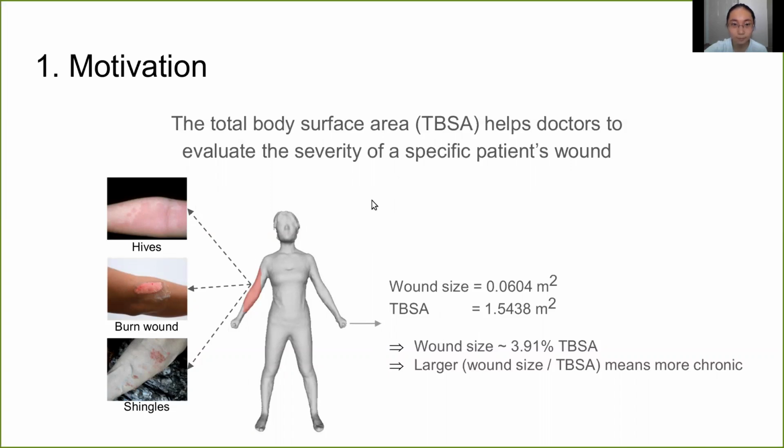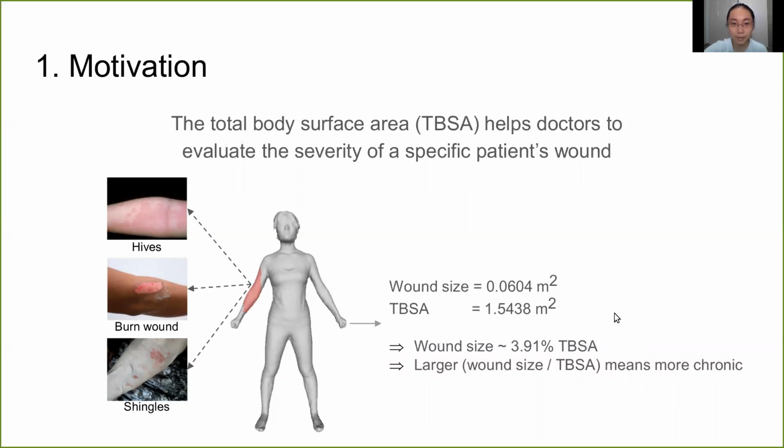or TBSA. One standard way of measuring this severity is by computing the percentage of the wound size over the TBSA of a specific patient. For example, a wound size that covers 0.06 meters squared of a patient's body with TBSA equal to 1.54 meters squared means that the wound size is about 3.91% of the TBSA. Intuitively, the larger the percentage of the wound size over TBSA, the more chronic it